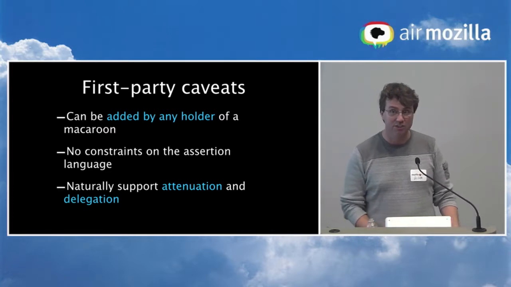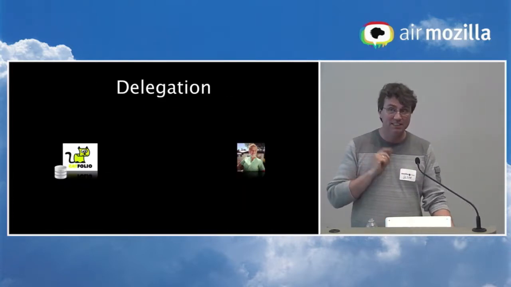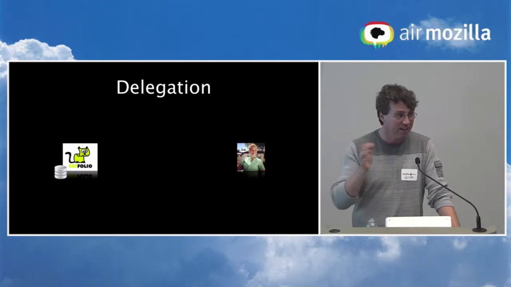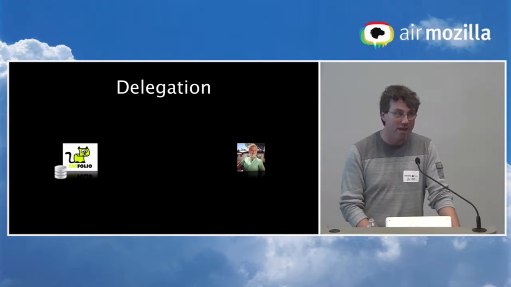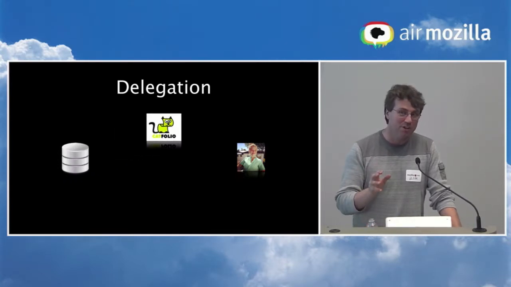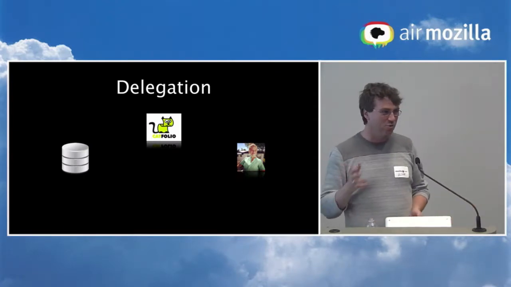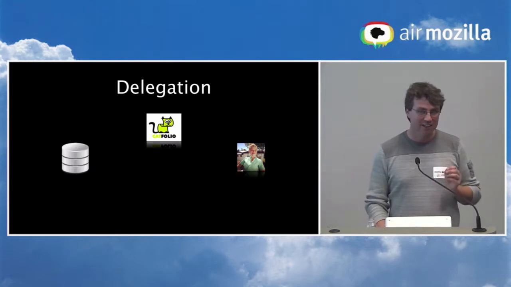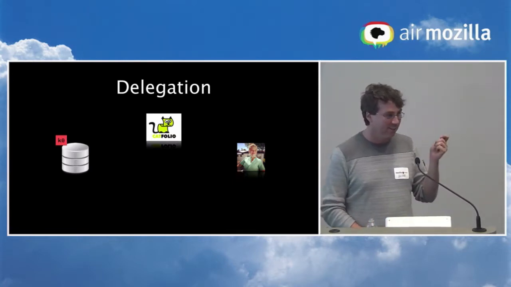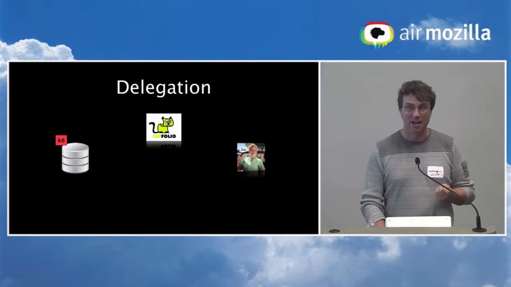So this clearly allows for attenuation, restricting authority. But it also allows for delegation. So let's see how delegation would work, not in the case of cars and valets, but on the web. And well, on the web, because we're in whatever the current web world is called, it's not Web 2.0 anymore, that was a while back. But anyway, you're going to host all of the cat pictures on Amazon. So that's basically how it's going to work out. And Catfolio is going to do almost nothing. And so Amazon is going to be holding the K0 and handing out macaroons for all of these pictures.